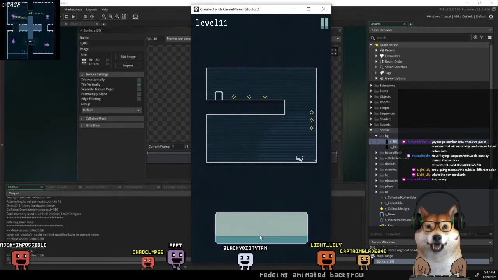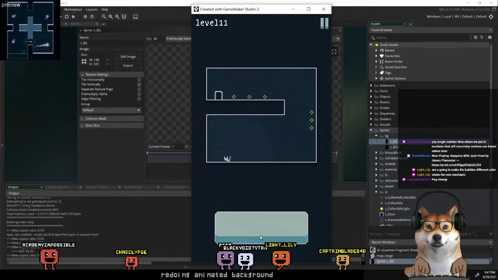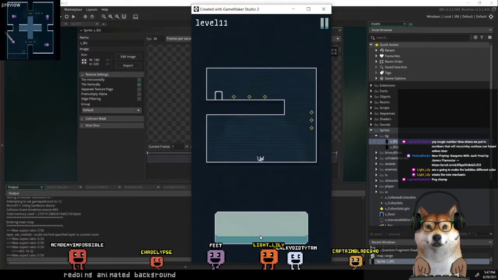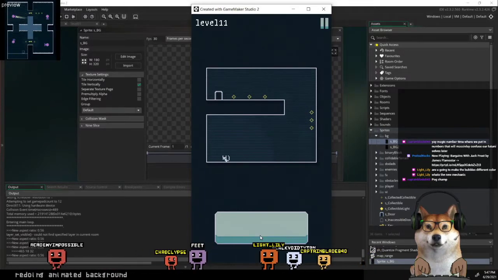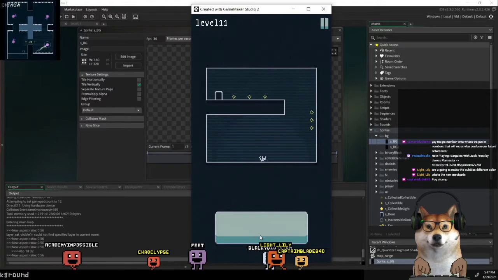What's the new mechanic? I want to make some changes to the key. So you know, there are keys in the game, right? And the keys will unlock the door. If there are multiple keys in the level, you have to collect all of them to reveal the door. So I want to make a special key, right, where the